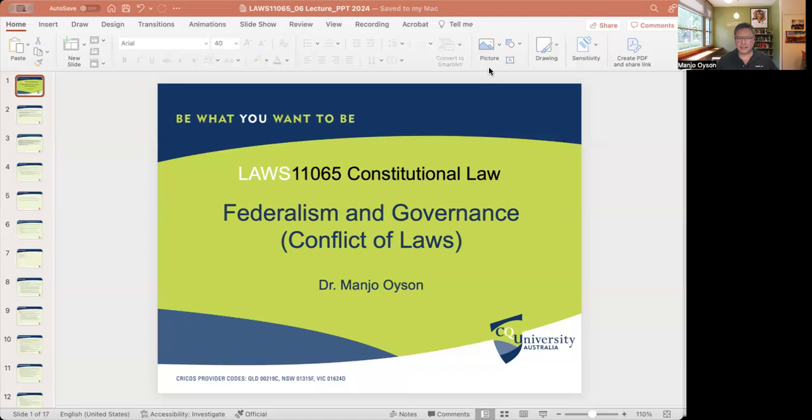And the other key point there is that while the Commonwealth Parliament's ability to pass laws is limited to that which has been granted to it under the Australian Commonwealth Constitution, the states have actually no limit in terms of their ability to pass a law on any subject matter for as long as it applies solely to their own state, or the territory within the state. And this is because even at the time of federation, it is understood that the state parliaments are able to exercise those same powers that they already had at the time